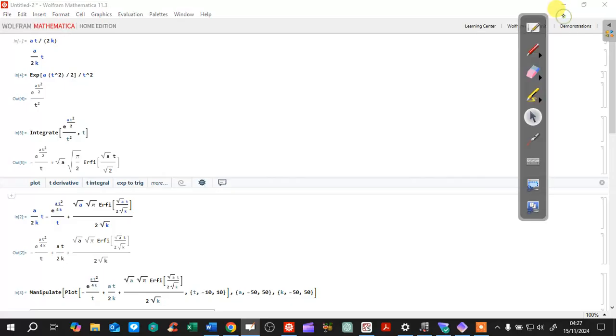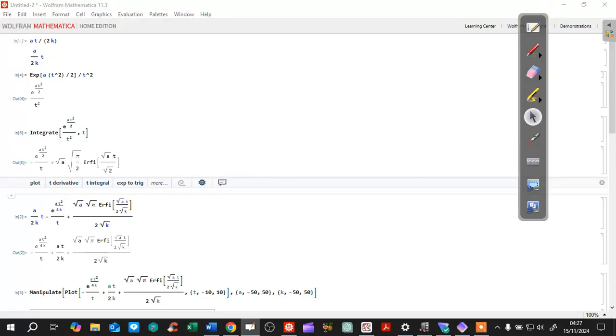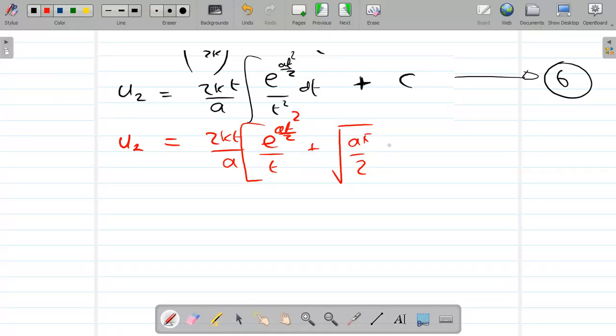I better not start putting plus minus signs in yet. Plus, well, I'm just going to combine this square root of a with the square root of pi over 2 together. So we've got plus a pi. So that's right. We want a nice big square root, don't we? A pi over 2. Yeah. Times